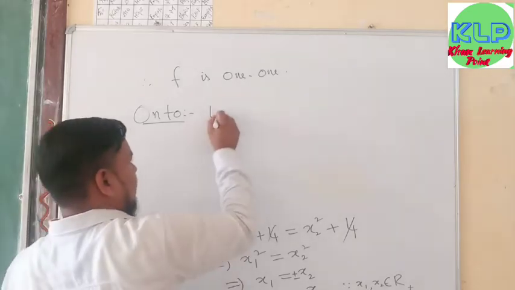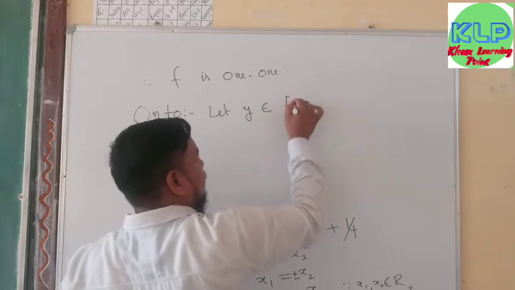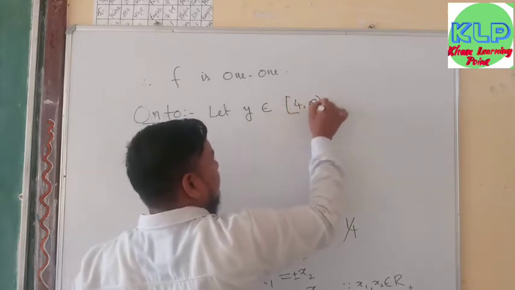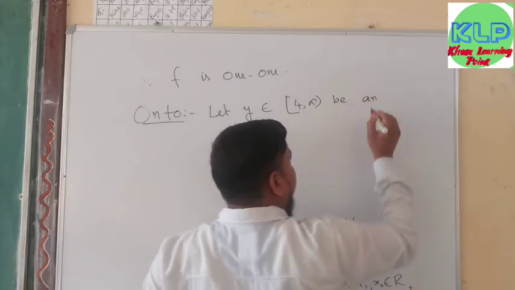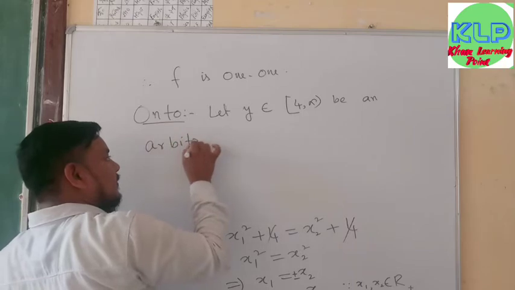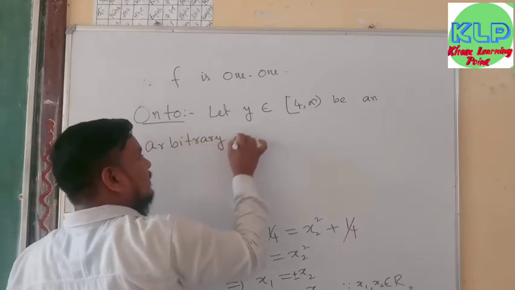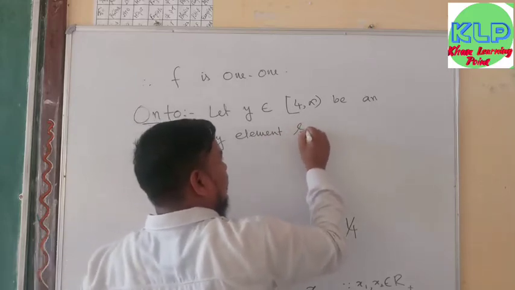So let y belongs to codomain 4 to infinity be an arbitrary element so that